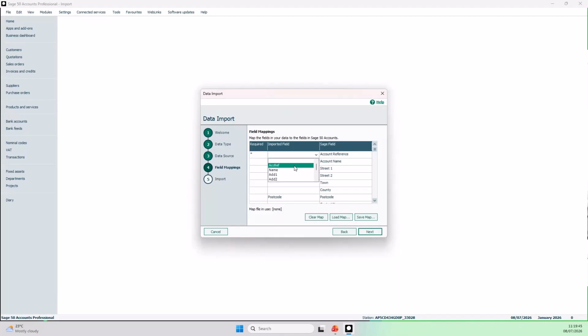But to save you having to go into here and map it every single time and make a mistake like you saw on the last one, where you've got to click them all in, if you're using one of your templates, which you know you always have set out like this, you don't want to have to come in here and use the drop-down boxes, trying to find the information, the contact names. So I'm popping them all in first of all. And the telephone number. So I've mapped them all on here. Now, if I click on Save Map,